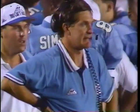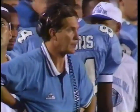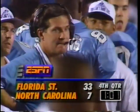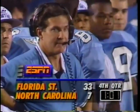Carolina has a player shaken up at the 23. Looks like it's Oscar Sturgis. How about the tie, Texas and Syracuse? We talked about that game. It felt like the Texas football team is really...